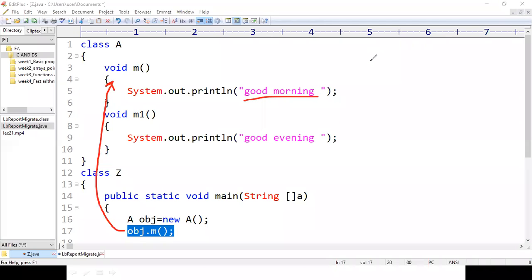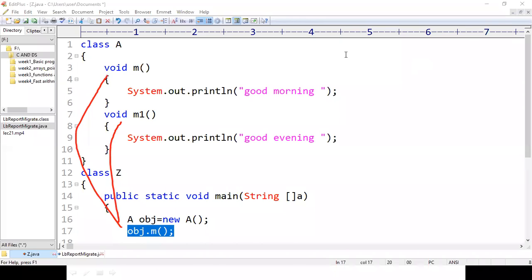Here my aim is to call only one method, but by calling that method, I want to execute both methods. How can I do this?